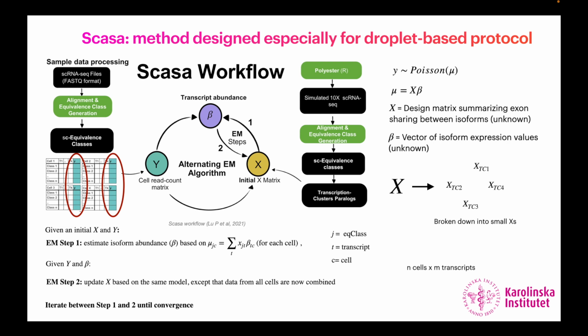First is the mapping and pre-quantification preparation step on the sample data. Scasa utilizes existing pseudo-aligners such as Callisto bus tools or Alevin to carry out mapping, and the output will be a read count equivalence class matrix as shown in the figure. We treat each cell in the data as an independent event, and for each of them, vector y is computed by summarizing all sequence reads for each equivalence class in the cell.